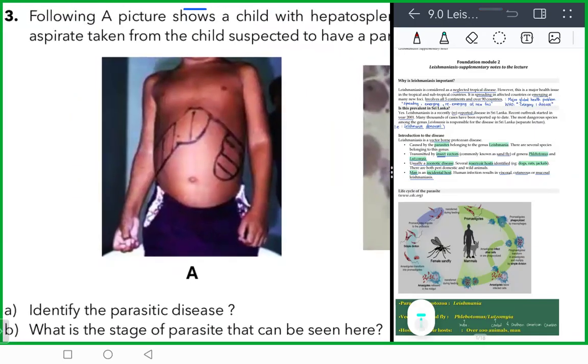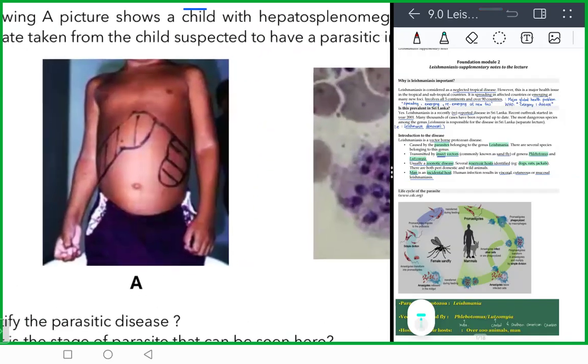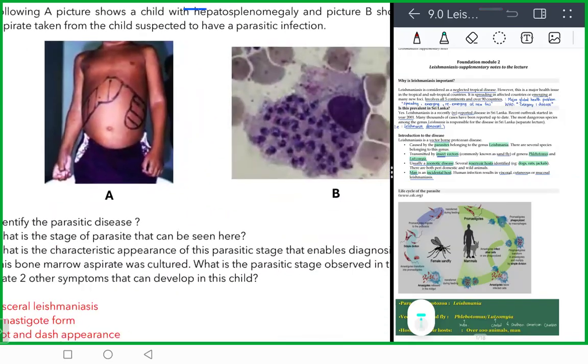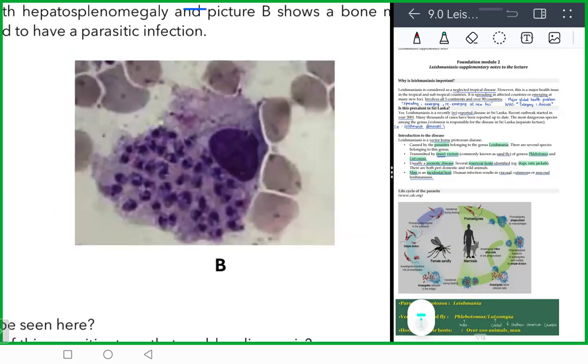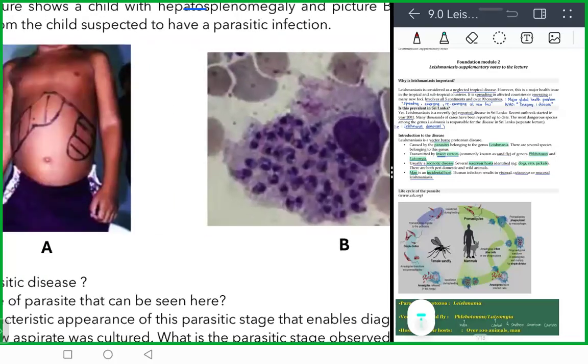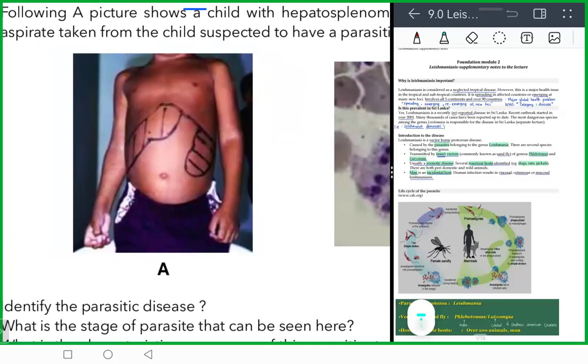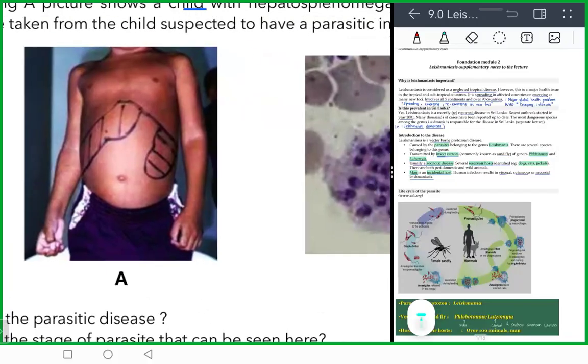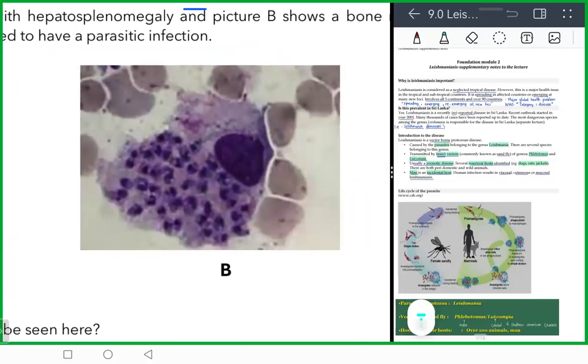There's a picture showing a child with hepatosplenomegaly, and picture B showing his bone marrow aspirate, and it is given that they are suspected to have a parasitic infection. So if we take the hepatosplenomegaly, from the lessons we have in parasitology, the most possible differential diagnoses are malaria or visceral leishmaniasis, and also schistosomiasis. But according to this bone marrow aspirate, this strongly suggests leishmaniasis, because